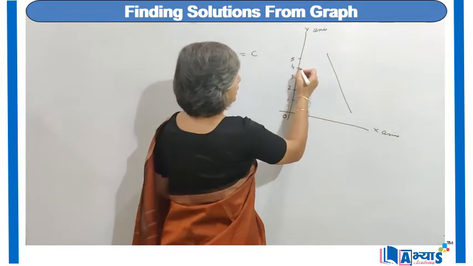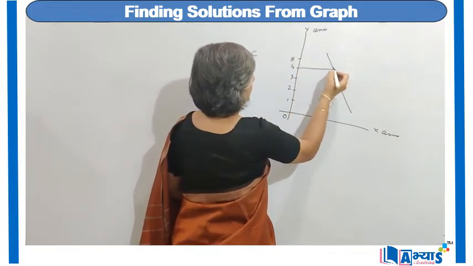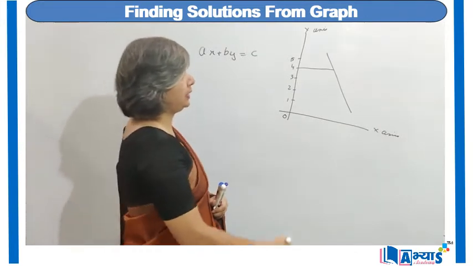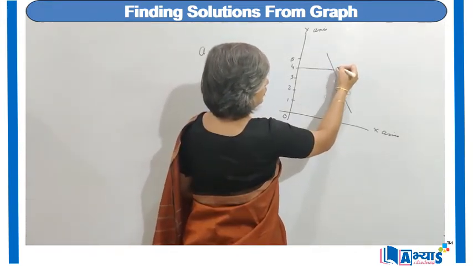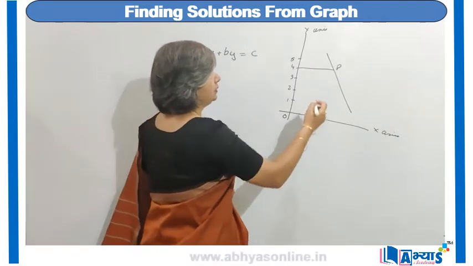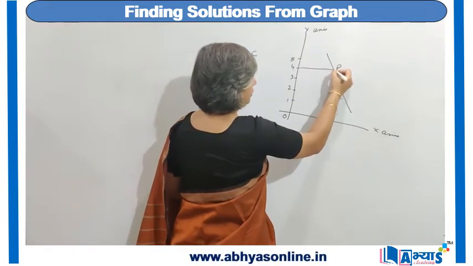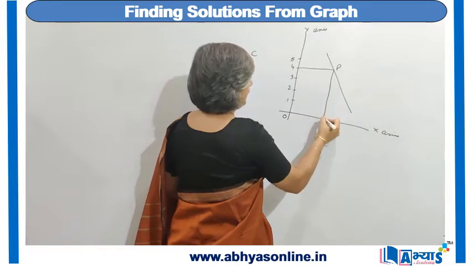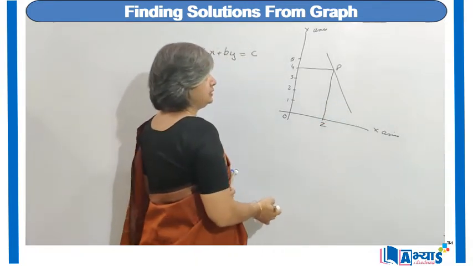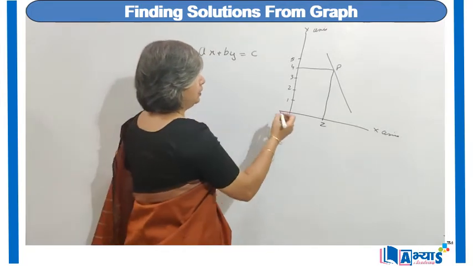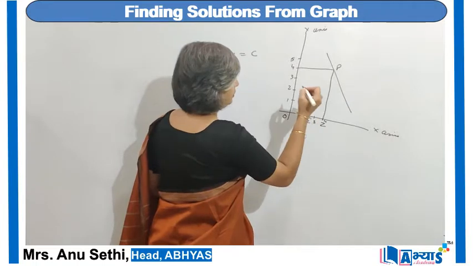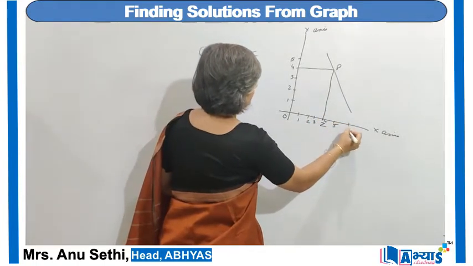We will take a line perpendicular to the y-axis, or we can say parallel to the x-axis, wherever this line cuts the graph. That is the point P where the line meets the graph. From that point we will draw a perpendicular to the x-axis. Let this be the point Z. So this is the value of x, or we can say let it be 1, 2, 3, and let this value be 4, and this be 5, and this be 6.